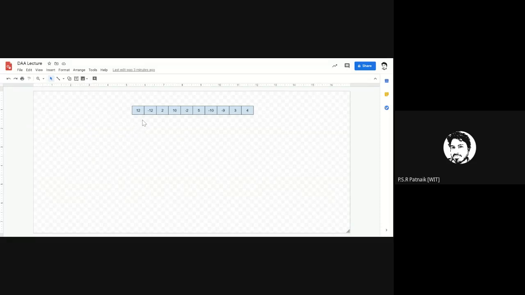As of now, we are not bothered about whether we are getting this or the minimal array of 5, 10, 2. We only want a subarray whose sum is maximum. Whether I get the first part or latter part, right now we will relax that condition. Once we write all the algorithms, we will try to solve that aspect as well.